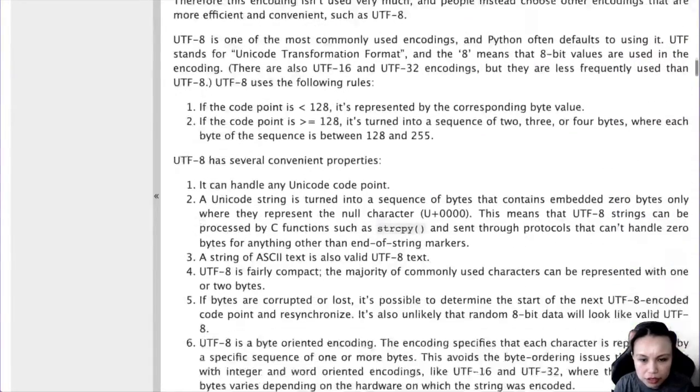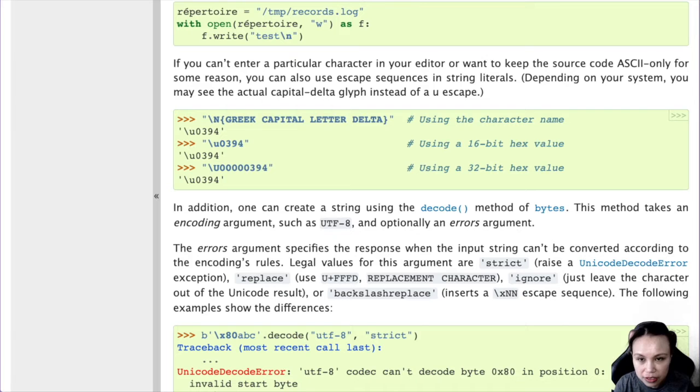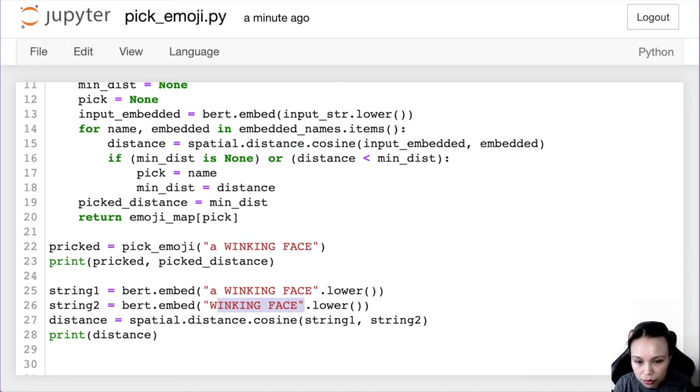So how to print emoji by calling the name, I think it's like this, right? Backslash N and then the name. So what I gotta do is print distance. So this is what we are expecting. And then the distance, right? Okay, so let's run it.